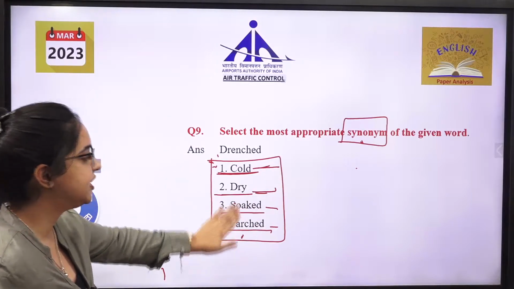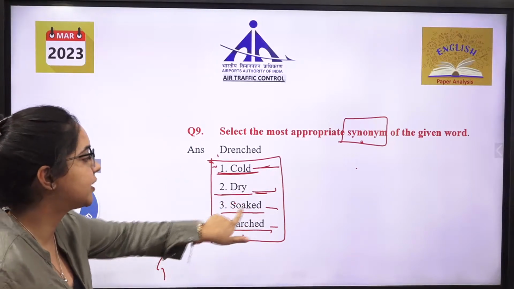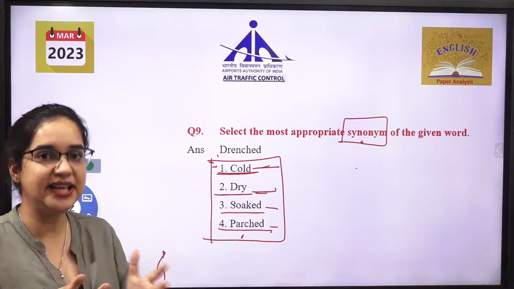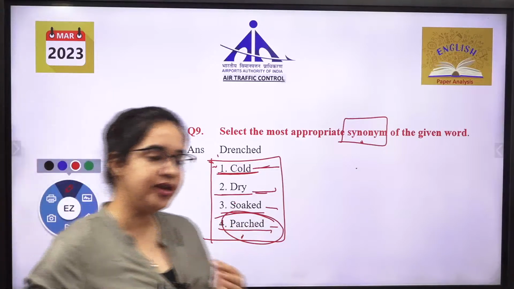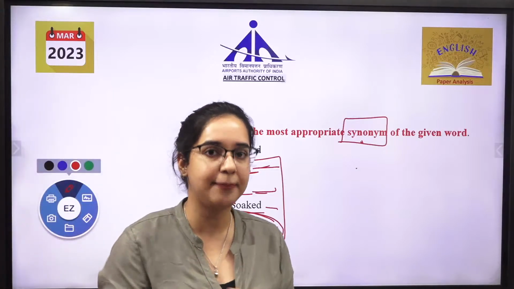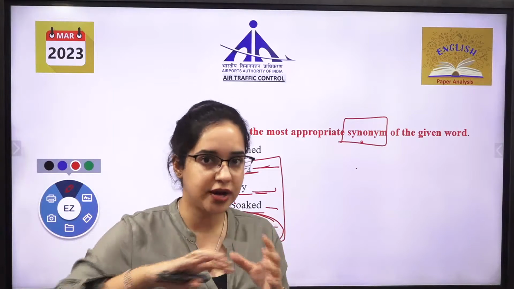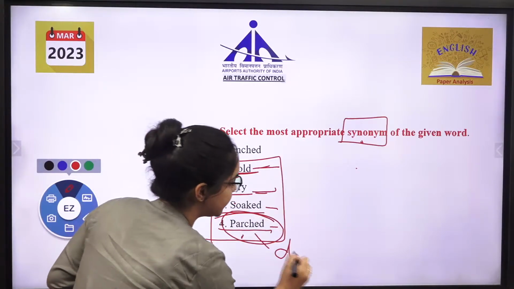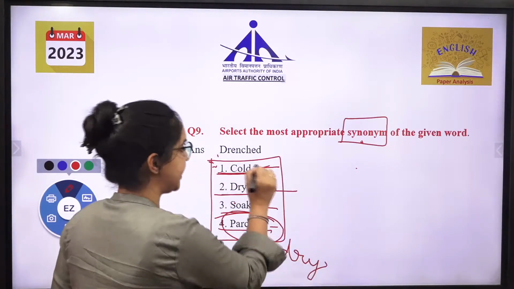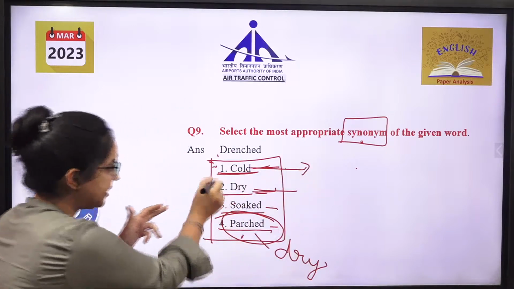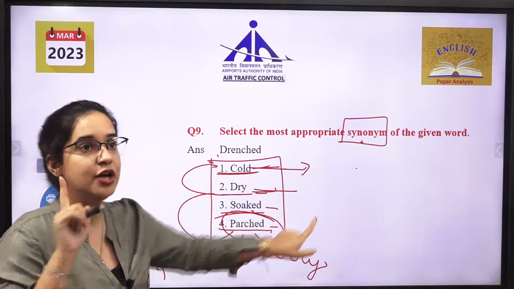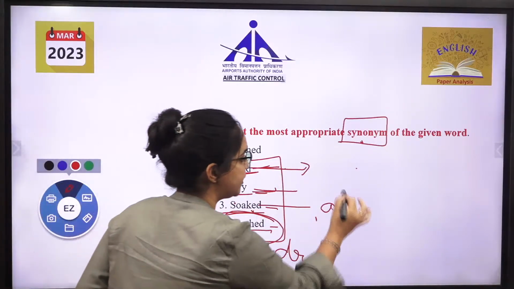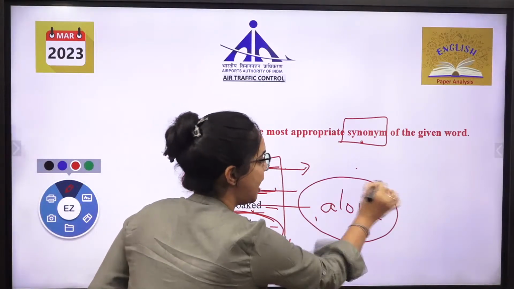Parch and soaked, ये शायद आप लोगों को मतलब नहीं पता होगा. Soaked का मतलब होता है that is also dipped, गीला होना, right? And parch का मतलब क्या होता है? जब हम, when we are, you can say कपड़े सुखाते हैं, so what happens is when you are drying the clothes, तो dry कर रहे हो ना, this is also dry करना. This is also dry. This is your cold. मतलब ये तीन एक category को belong कर रहे हैं. Soak is alone which is left. So whenever one option is left alone, that can be the answer in this case.